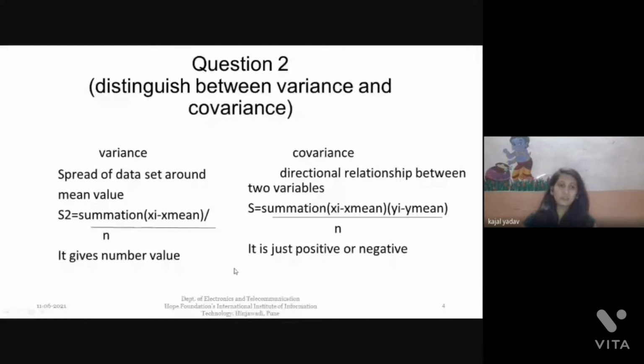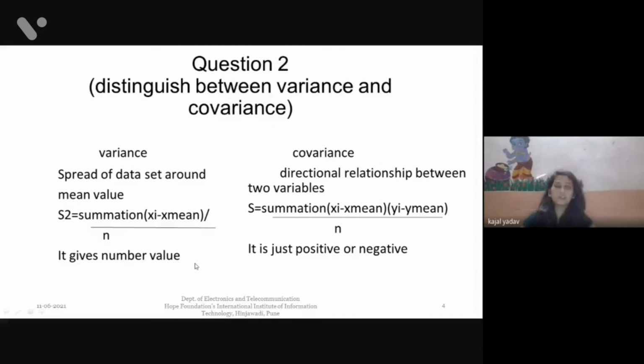So in this condition, 5 kilometers is the mean value, and 6 and 4.5 are the random values. One kilometer is the maximum variance, that means he doesn't cross more than 1 kilometer from the mean value. So here the maximum variance is 1 kilometer. This is a simple example for variance.